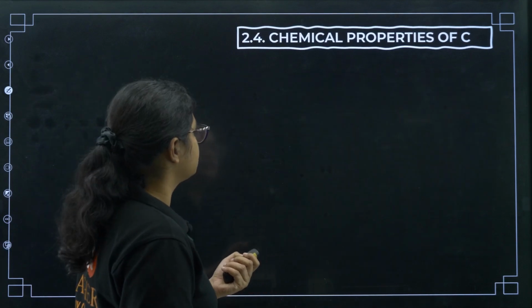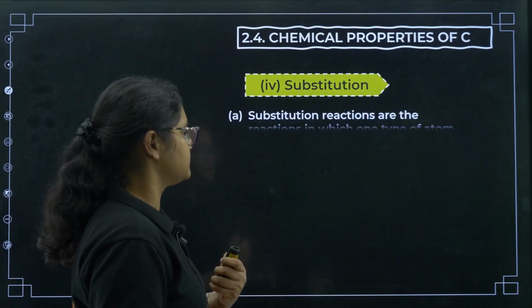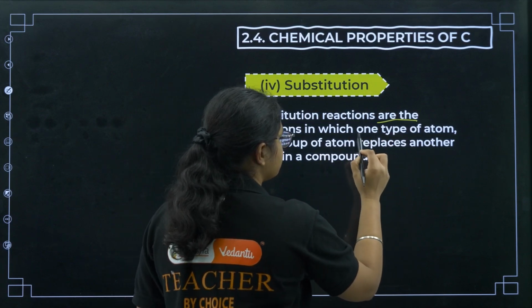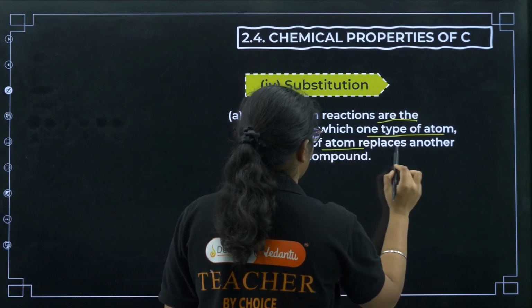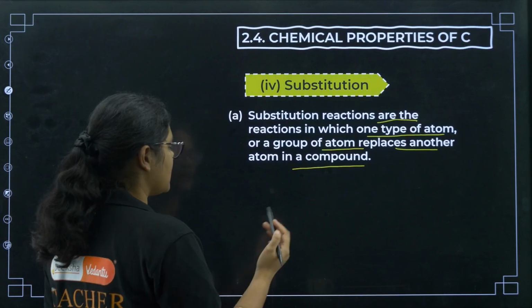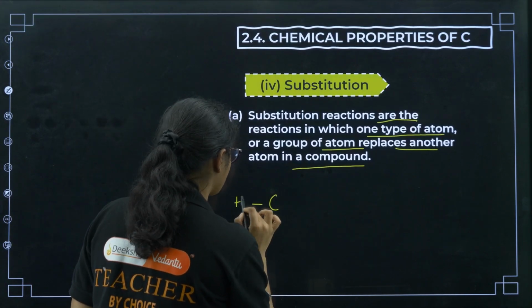So next is your chemical properties. Next one is the substitution reaction. So all of you know, substitution reactions are the reactions in which one type of atom or a group of atoms replaces another atom in a compound. Okay, here for example, if you have CH4,